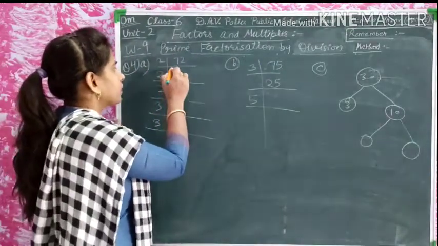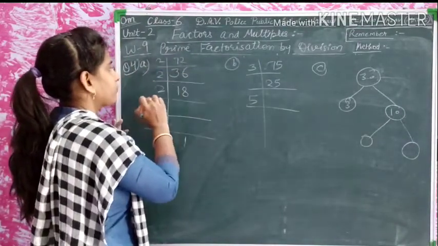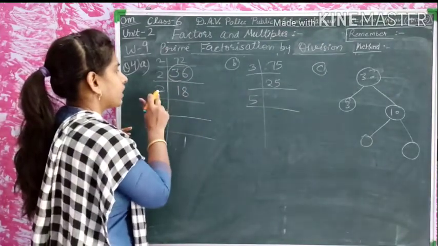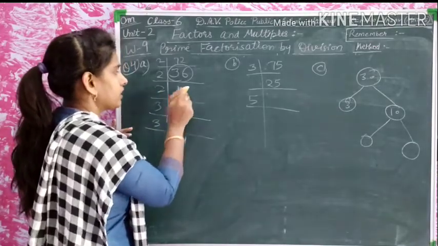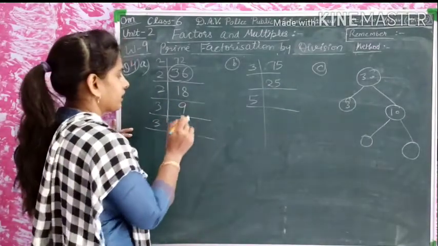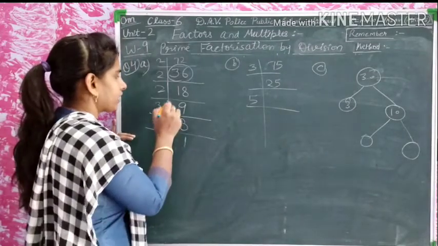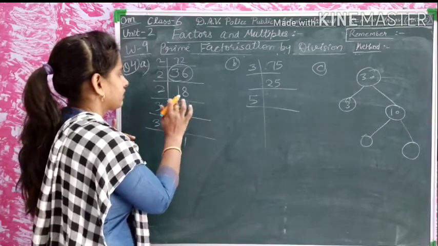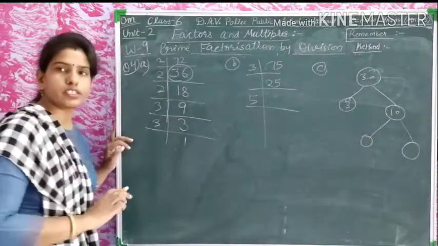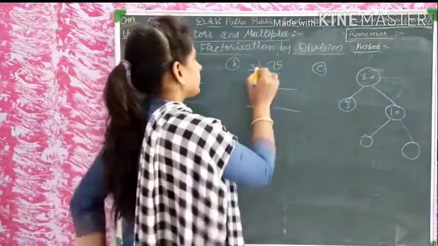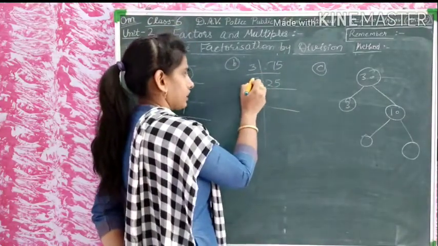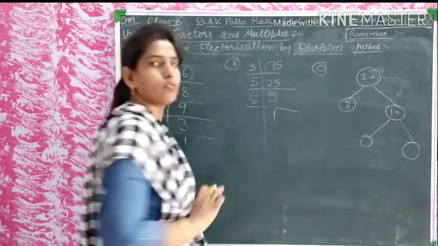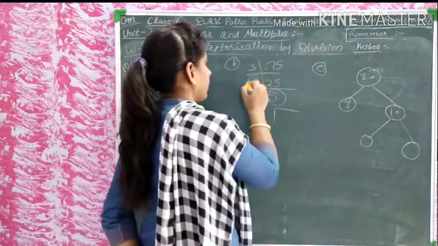There is the number 2. 2 3s are 6, 2 6s are 12. This is filled here. 2 1s are 2, 2 8s are 16. Now it is also divided by 2, 2 9s are 18. 3 3s are 9. After dividing, 3 3s are 9. So this 3 is written here as 3. Now 3 1s are 3. Is it clear? Now which number divides 25? Yes, 5. 5 5s are 25 and 5 1s are 5. Is it clear students?